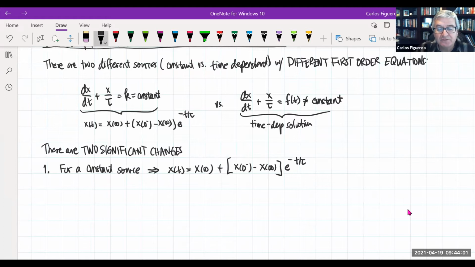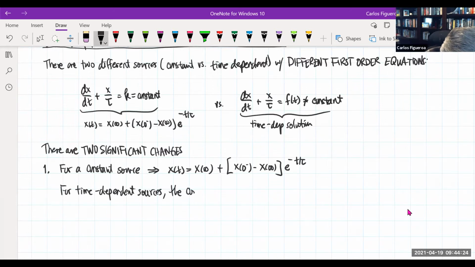A time-dependent solution does not look like this. So what we find here is that for time-dependent sources,